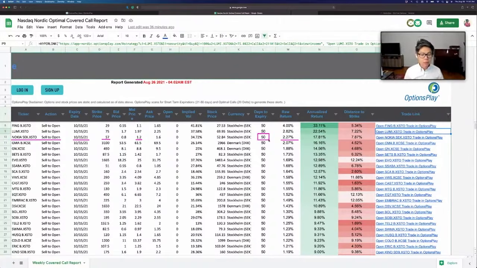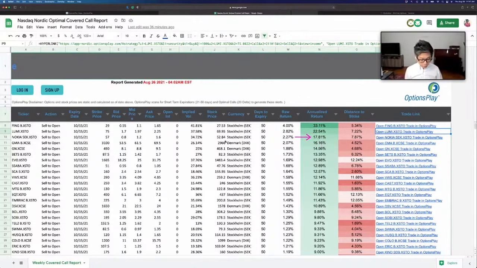Think about dividend yields. Usually we tend to see most stocks have a dividend yield of 2-3% on the higher end. Occasionally we see one even higher, about 4 or 5%, but usually they're in the 2 to 3%. But that's 2 to 3% per year. This is 2.27%, 227 basis points in just 50 days. And what that annualizes out to, if you do that year over year, is 17% annualized return. So this is the type of yield that you can collect as you wait for the stock to rally.